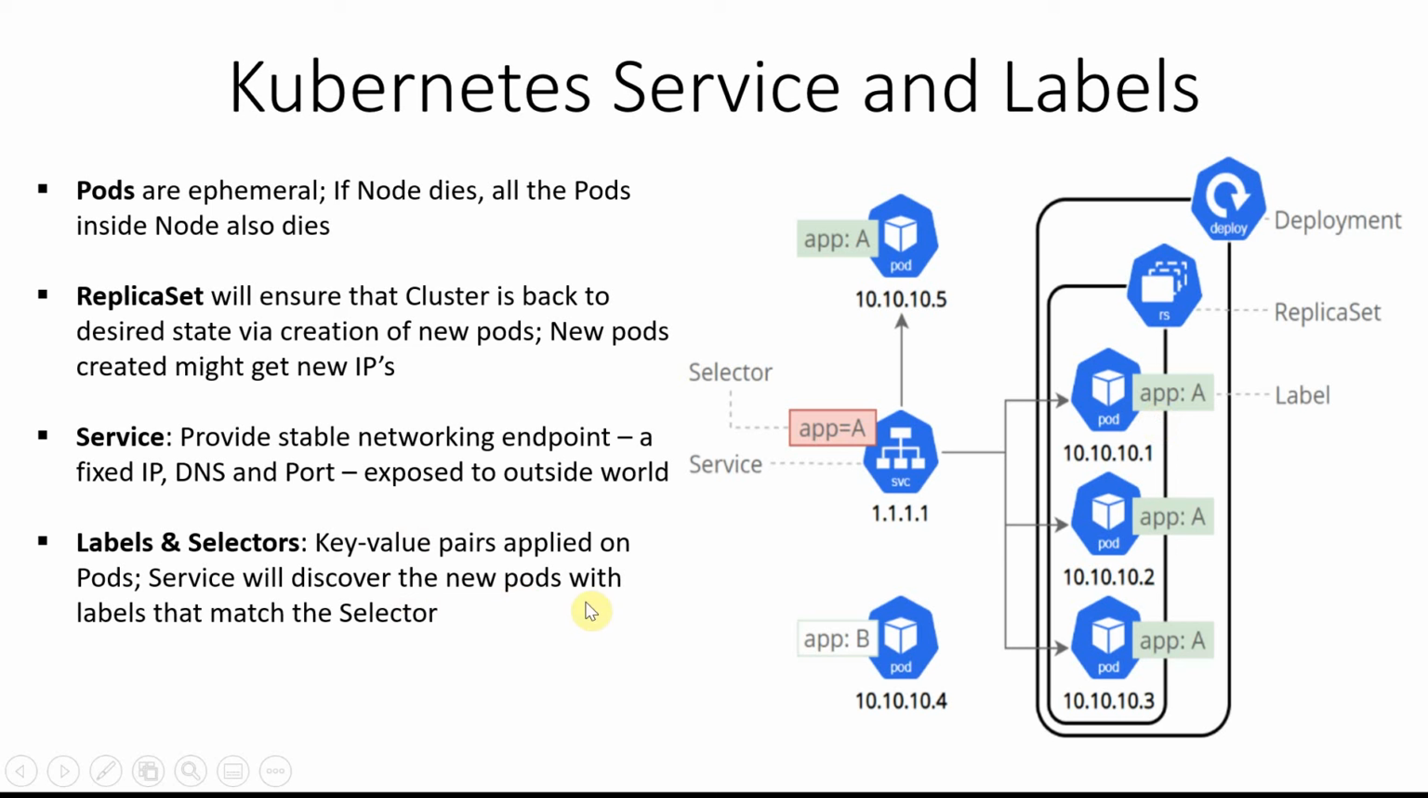So what are labels? Labels are nothing but just a key value pair. For example, I'm just giving an example, it could be project, or it could be hello world, or it could be anything. You can give any name to it, it's just free flow. Here you can also give A, for example. So labels are the ones which the service should know,